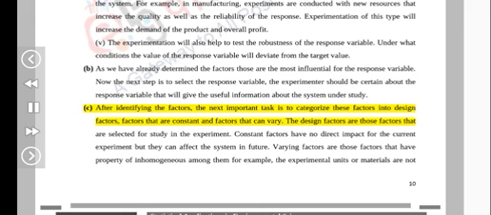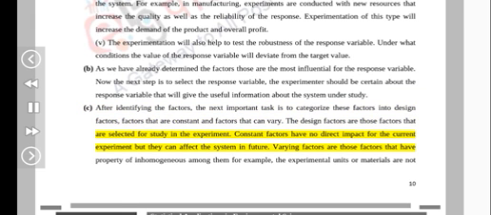C. After identifying the factors, the next important task is to categorize these factors into design factors, factors that are constant, and factors that can vary. The design factors are those factors that are selected for study in the experiment. Constant factors have no direct impact on the current experiment but they can affect the system in future. Varying factors are those factors that have the property of inhomogeneity among them, for example, the experimental units or materials are not